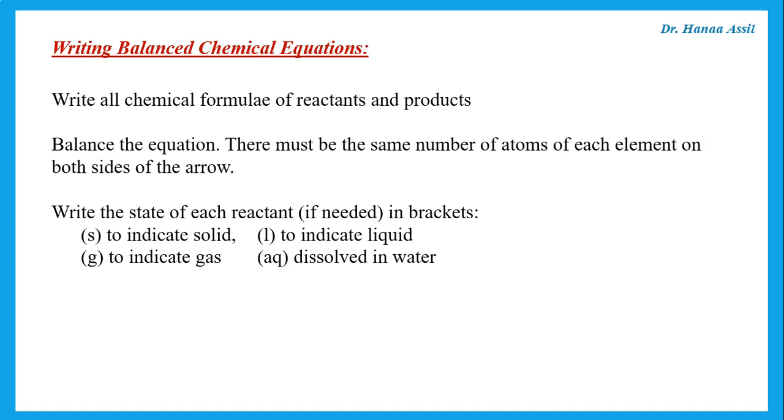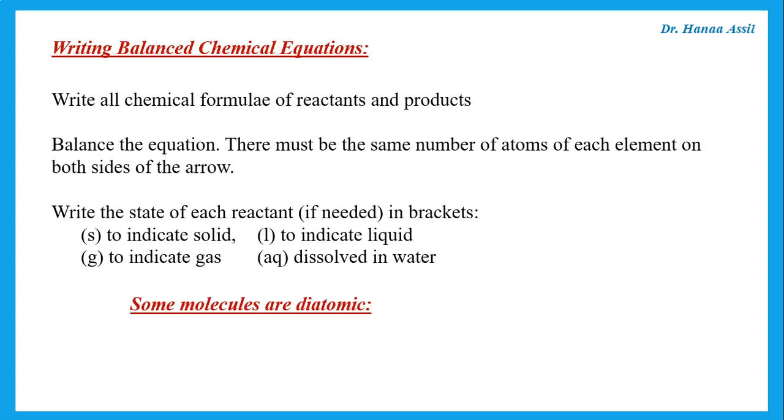And then we will be required to write balanced chemical equations. So we write all the chemical formulas of the reactants and the products, and we balance the equation. We count before and after the arrow and increase the one that is less. If we are required to write state symbols, you should know that S is for something that is insoluble or a solid. L is for liquid, and usually L is given to water. G for a gas, AQ for anything that is aqueous, that means dissolved in water.